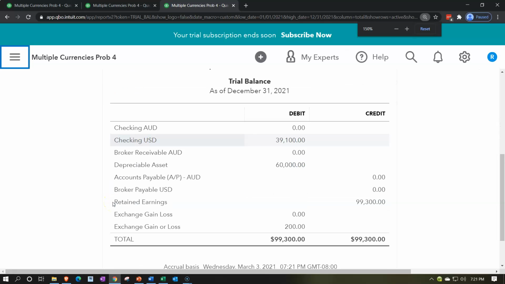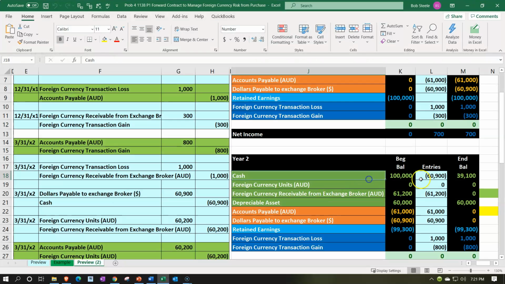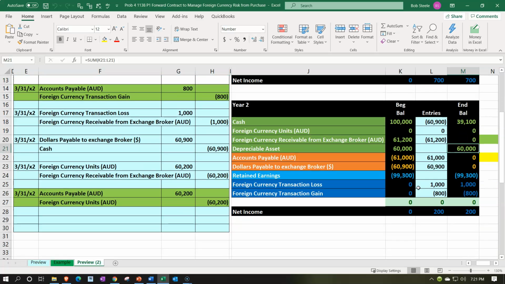Let's just check this off to what we have in Excel. We're at the 39.1, the 60,000. So we've got the 39,100 and the 60,000 for the depreciable asset. Notice the depreciable asset hasn't changed since we put it on the books at the beginning. We didn't take these changes in currencies, in other words, and adjust the cost of the fixed assets,